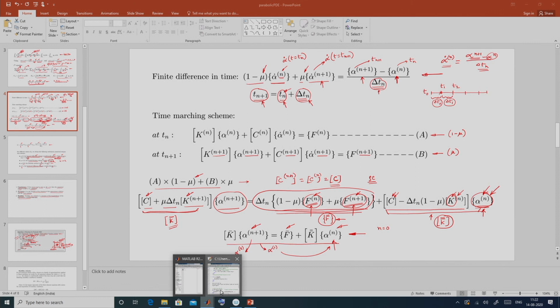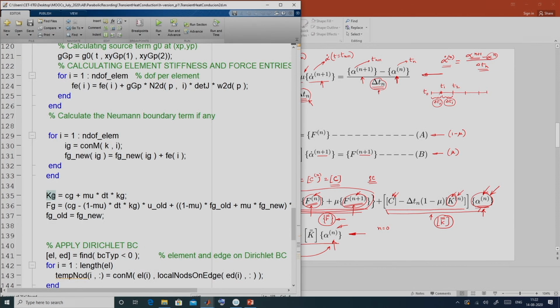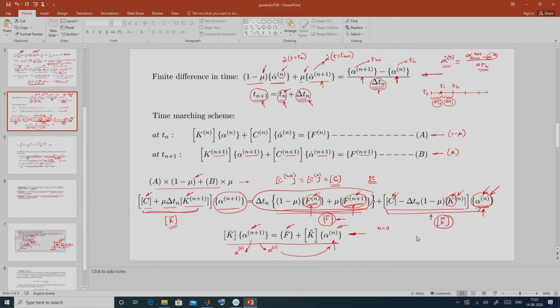Now, let me go back and check. The global or modified k is basically c plus mu into delta t into k, exactly the same term, and the right hand side contains the force term at n plus 1 instant plus some other term. Let me go back here.